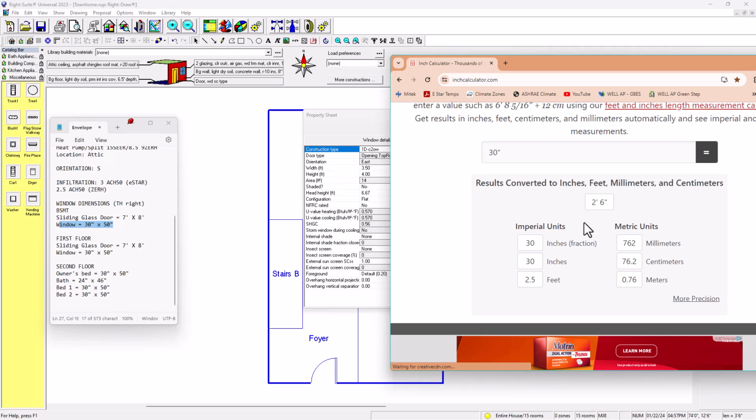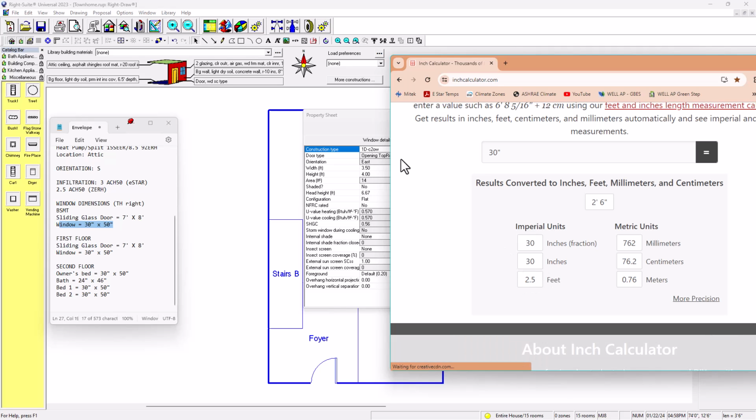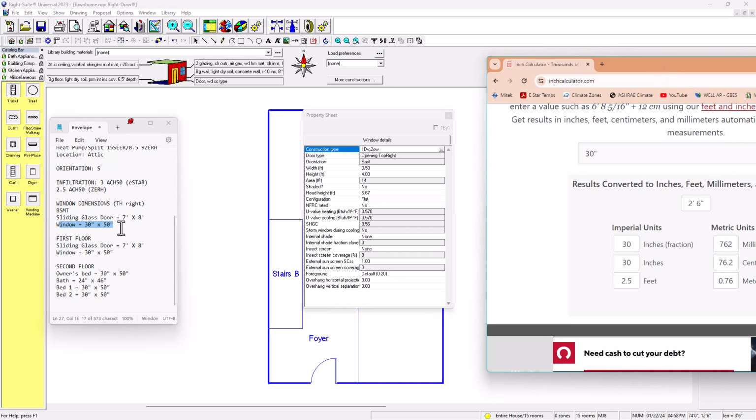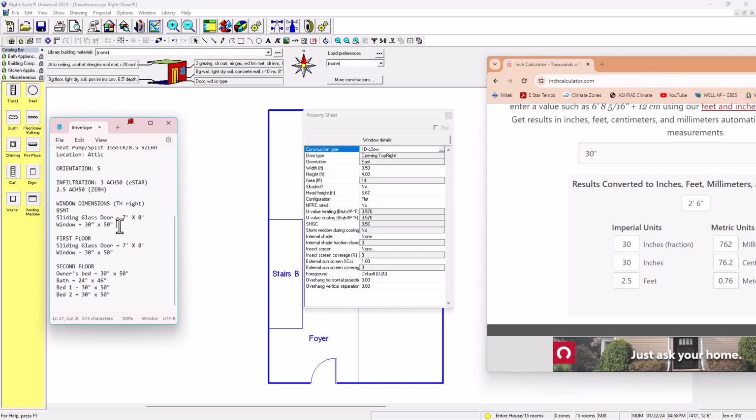So if you want to see it in feet and inches, it's going to be 2 feet 6 inches. However, in numerical, it's going to be 2.5 feet. There you go, you have 2.5 feet right there. Okay, so I'm going to put that in here. That's going to be about 2.5 feet